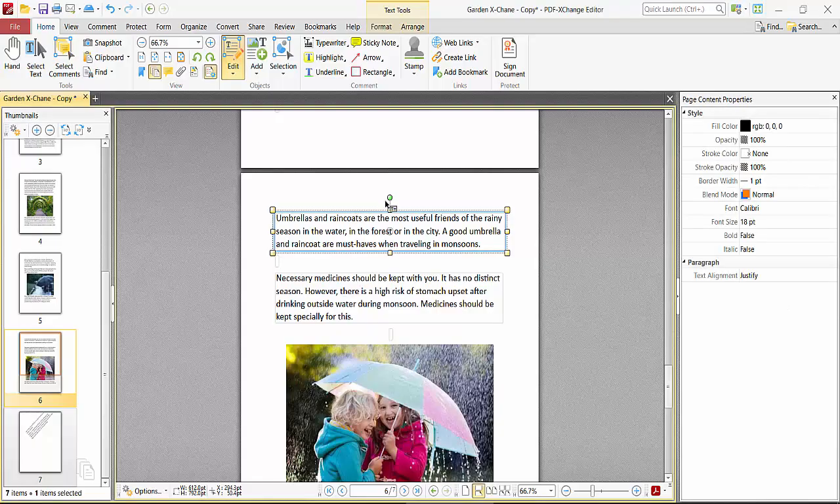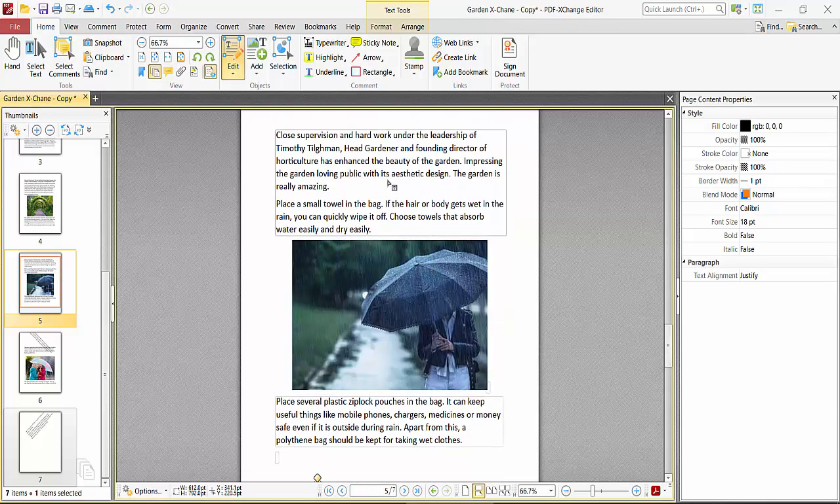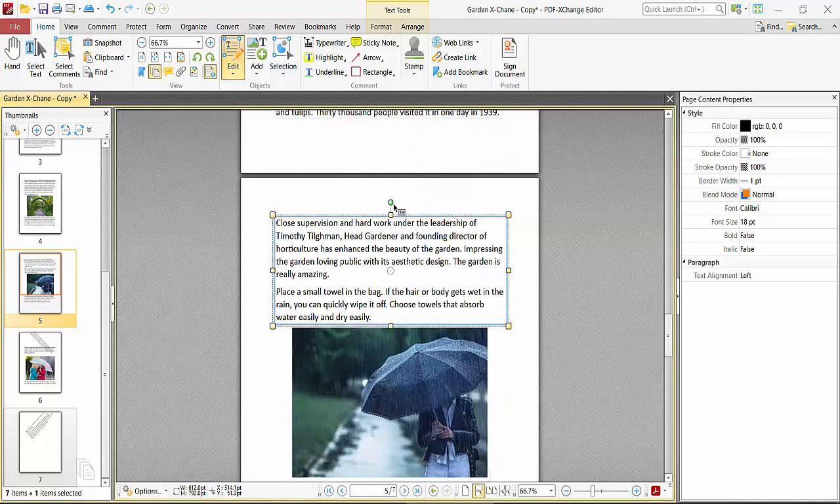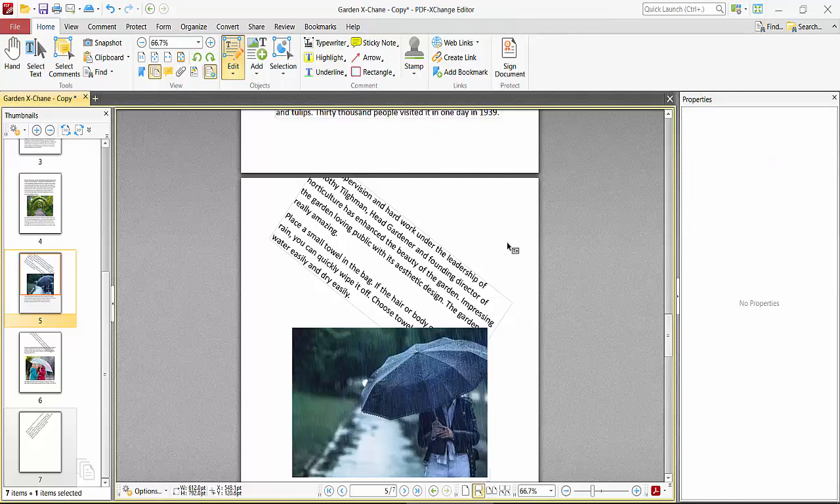Click on this text box and rotate. In this way you can rotate a text and see this. Yeah, in this way you can rotate all of your text boxes or specific text boxes on your